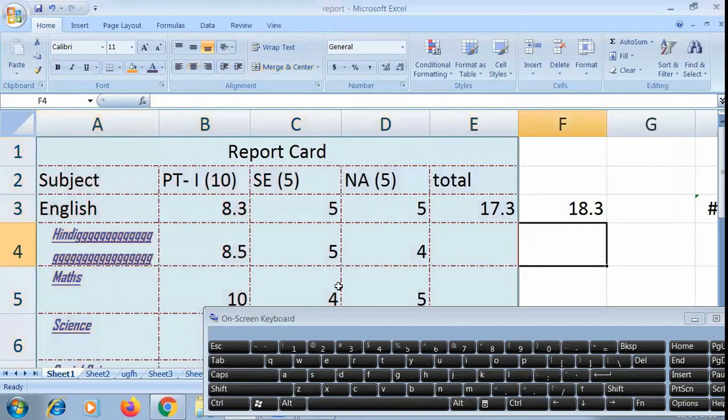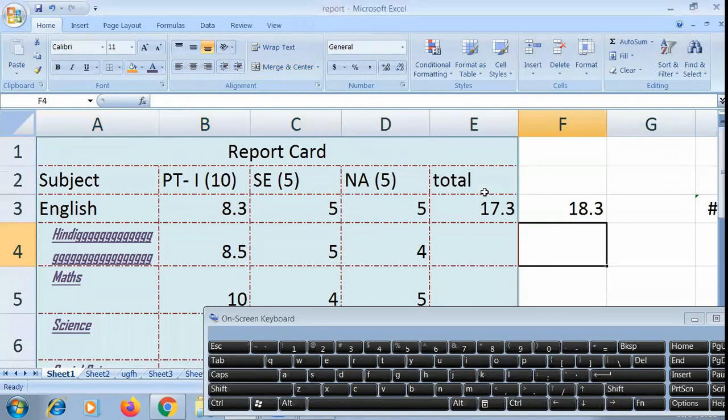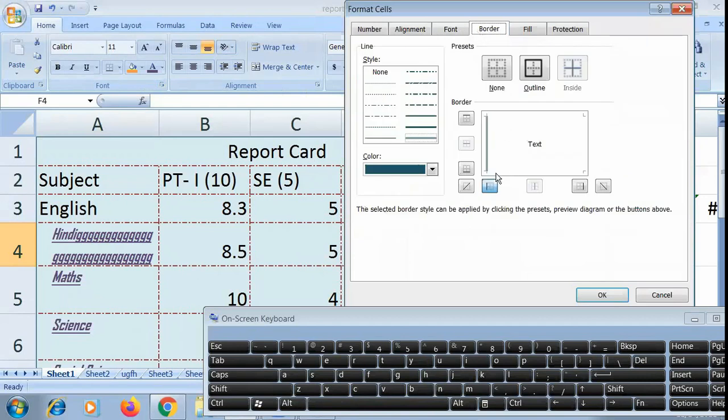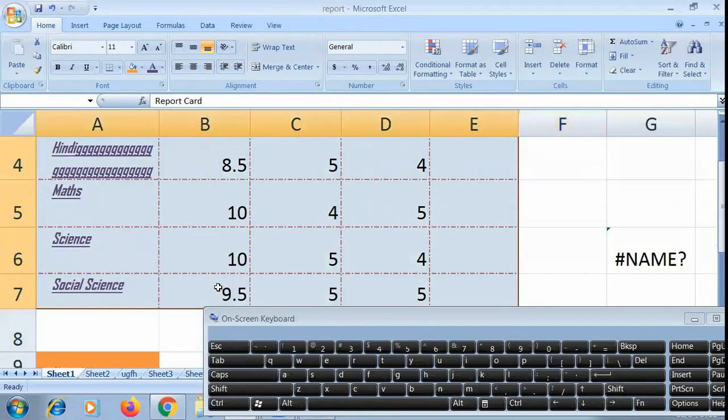So here, this is the inside border. This is the outside border, a double border. You can notice here a double line border and a dotted dash line border inside with the color that I have taken for shading. So this you can apply for border. And if you don't want any border applied, suppose it is not selected, the table must be selected first. Now the table is selected.